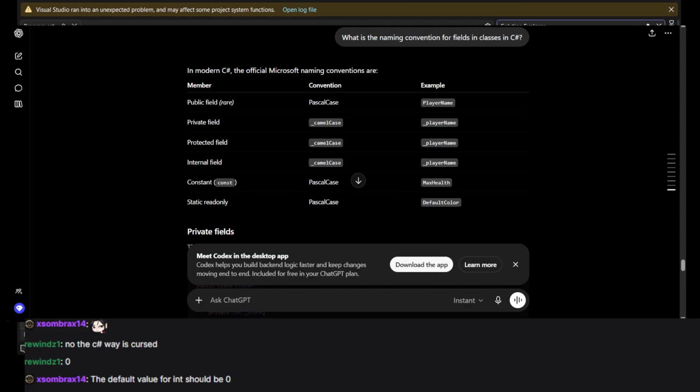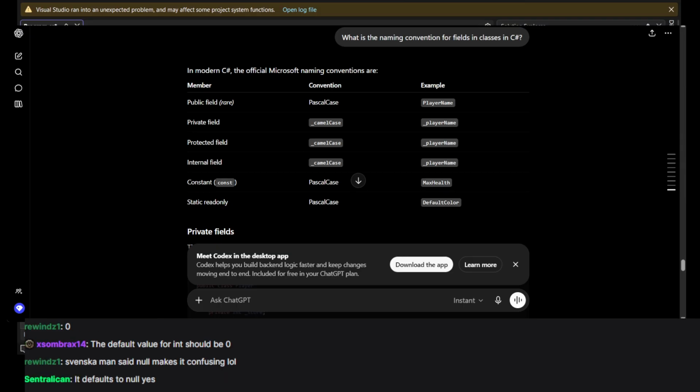I wonder if it makes sense using an int then. Rewinds ett says, wait, Swedish why? Someone said null makes it confusing, lol. I'm wondering if what I did was useless, because Centralikan says I don't actually care about the default or null value. I only care about the fact that there's 100